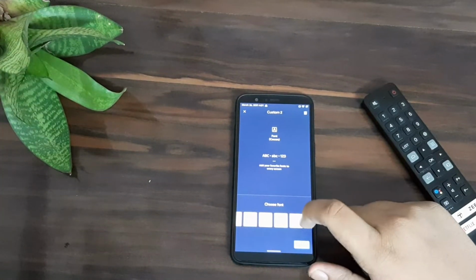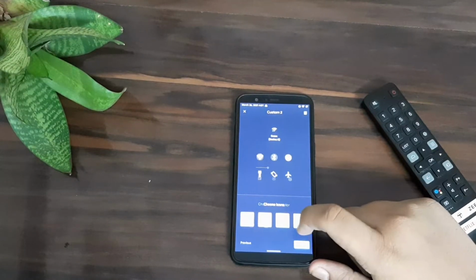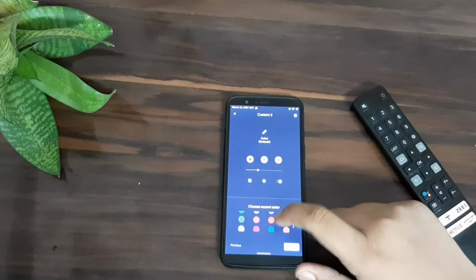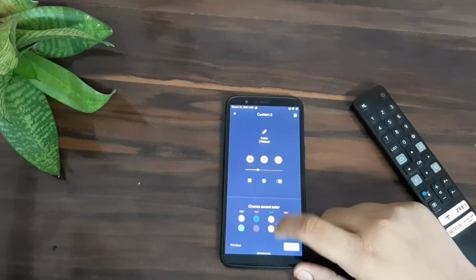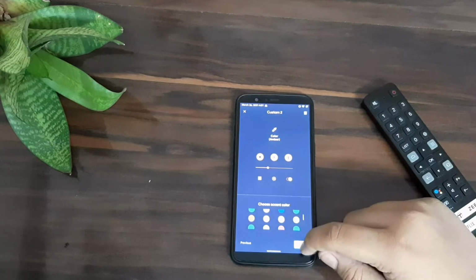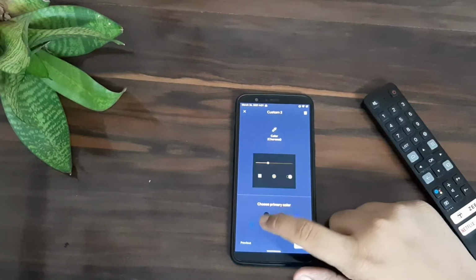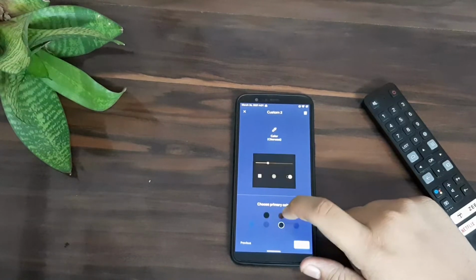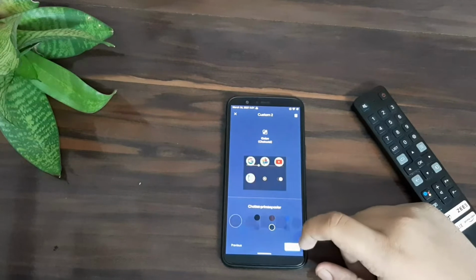I will go for this one, and you can select the icon, and you can select the color. I will go for this yellow one, or I think this color is good, amber. And you can select the background color, whichever looks fresh. I think this one looks fresh, it is a charcoal, so I will use it.